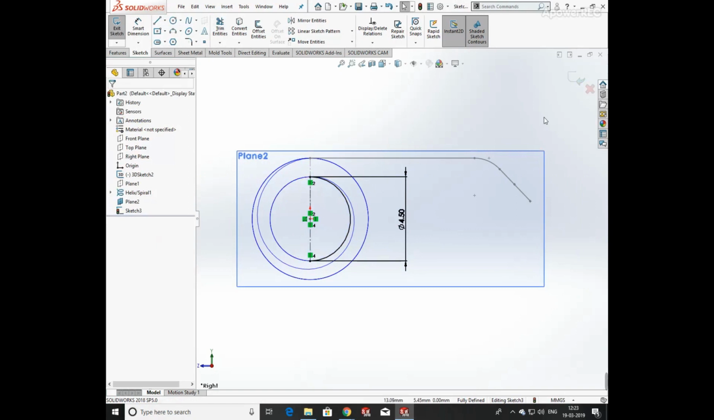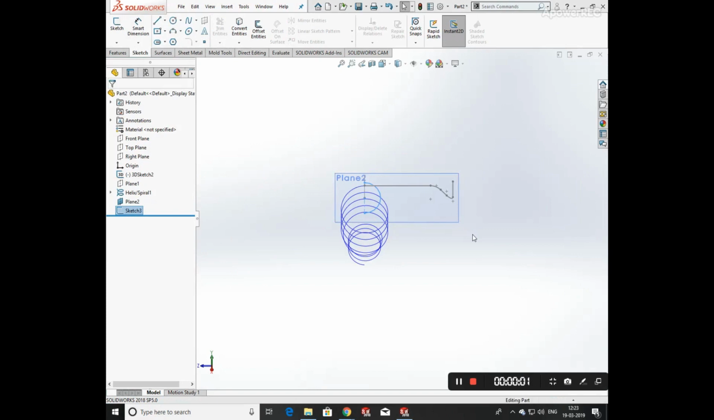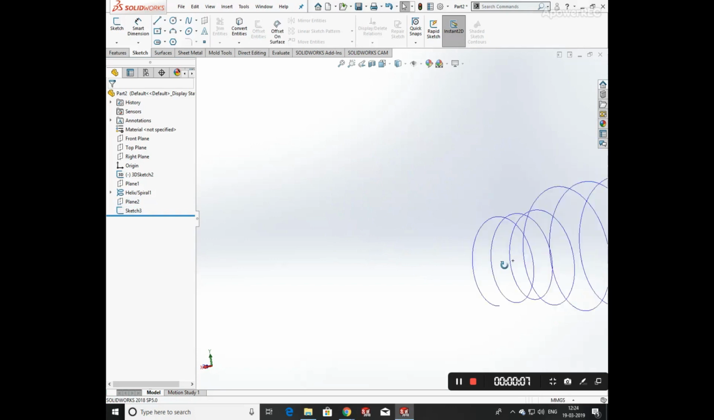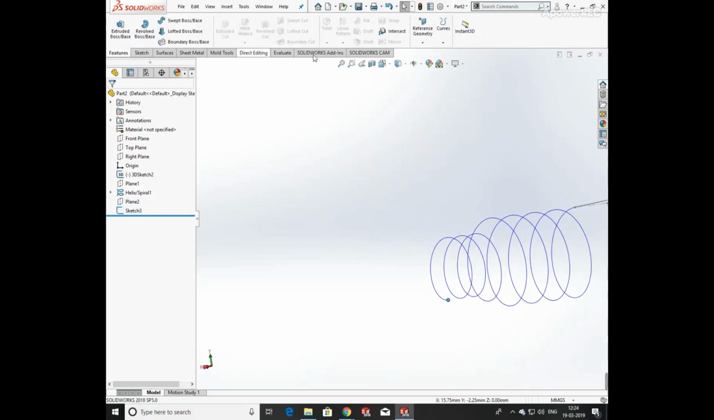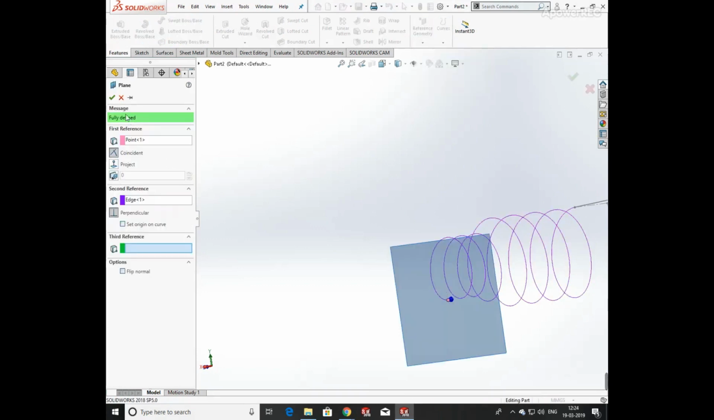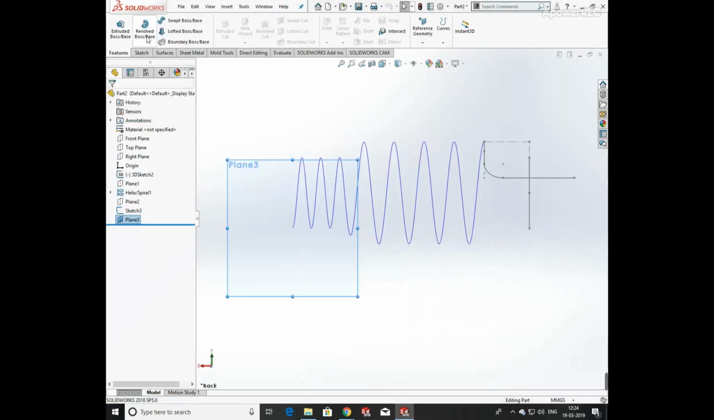Now again exit from the sketch and hide the plane. Now again click on feature for the creation of a new plane. Click on reference geometry and select point and click on helix. Keep the plane in normal position again,